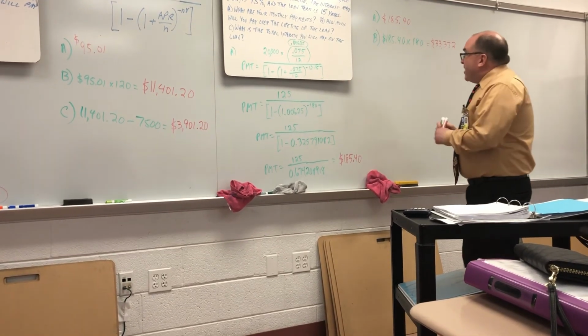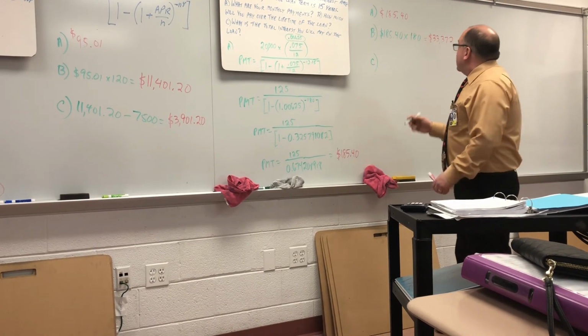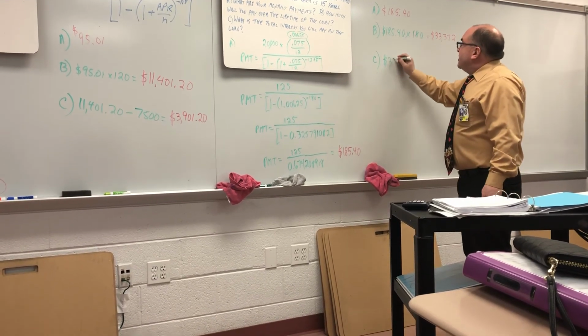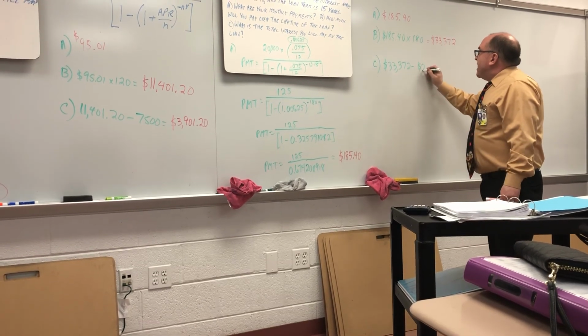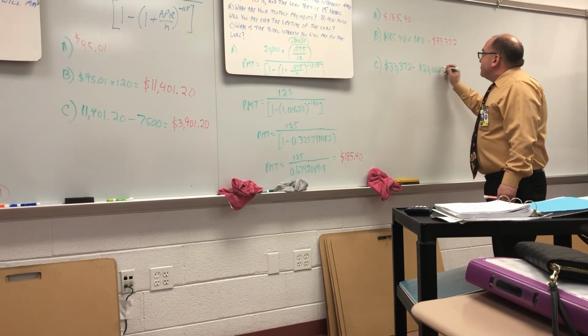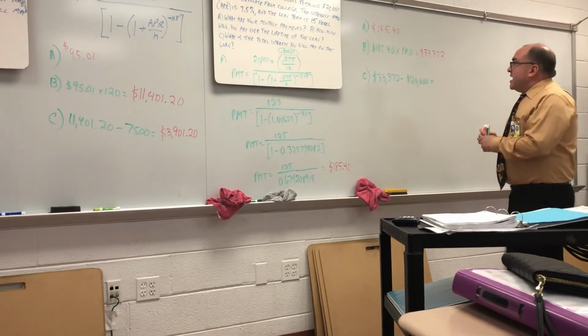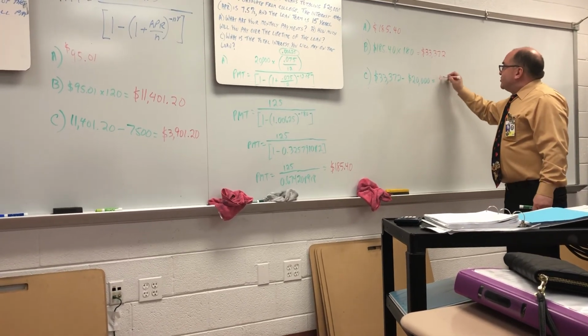So what is the amount of interest you're paying to the bank? You're paying $33,372 minus the $20,000 that you borrowed. All right. How much is that? That's